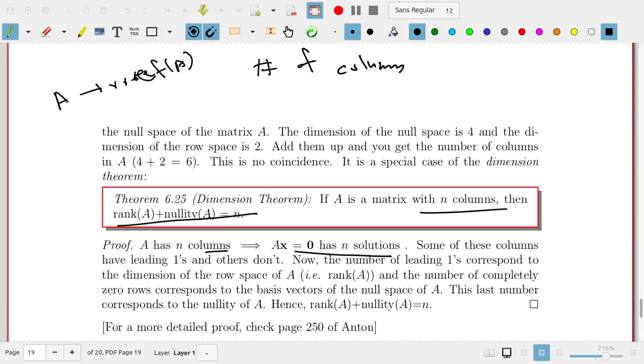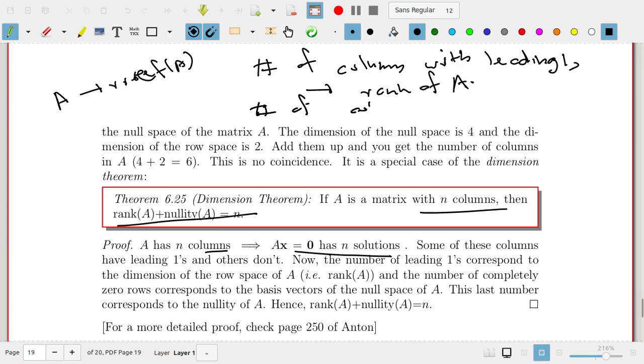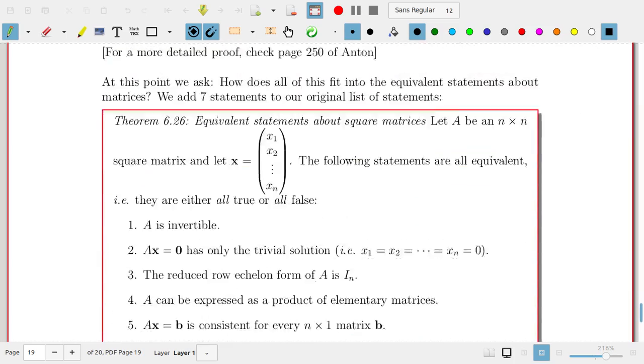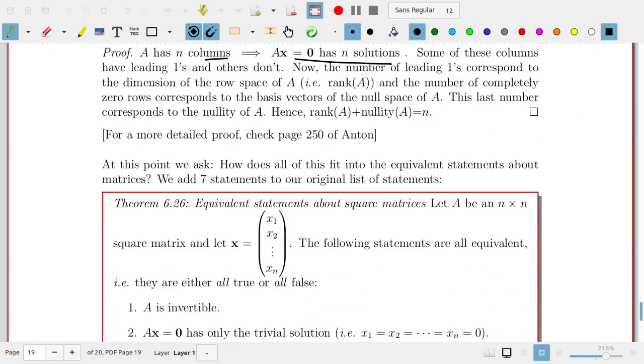So the number of columns with leading ones, that is the rank of A, right? And the number of columns without leading ones gives you the nullity of A. And if you add rank and nullity, you get the total number of columns. Okay, so using this, we can actually